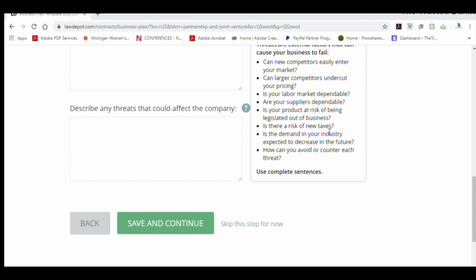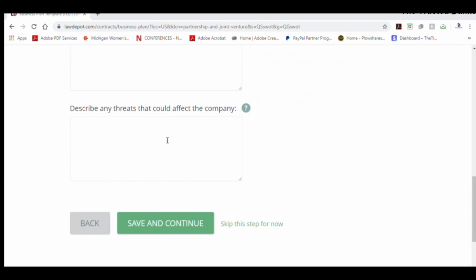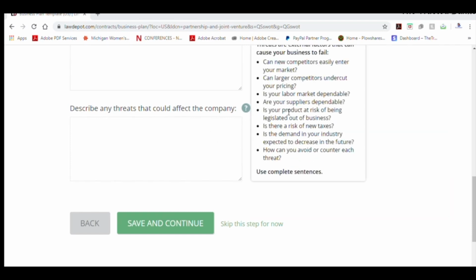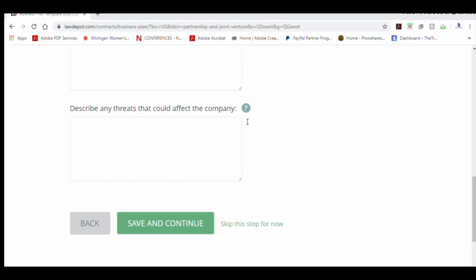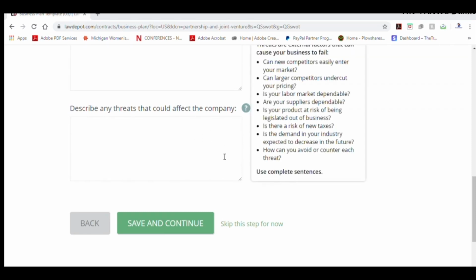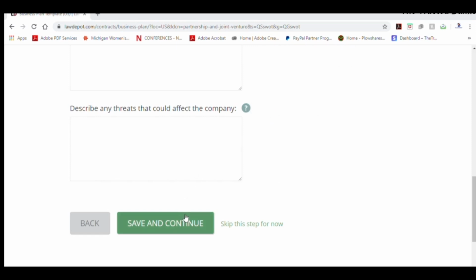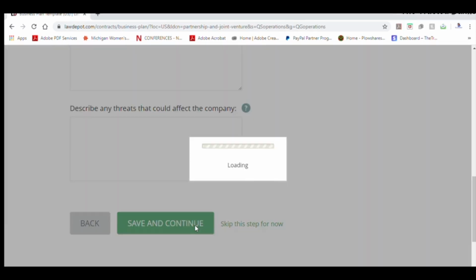So you definitely want to write in here answers to all of these bullet points if you can. It shows that you've done additional research, but it also helps to answer questions that the banks or the lenders are going to have when they are looking over your business plan and your entire business credit profile in order to make a determination for your loan. So we want to save and continue,